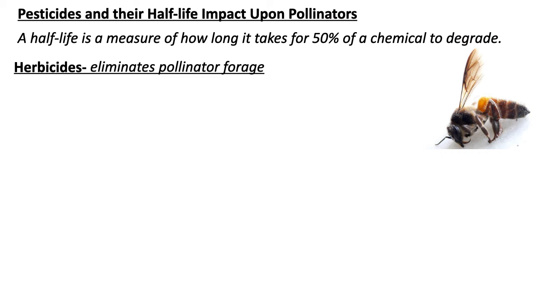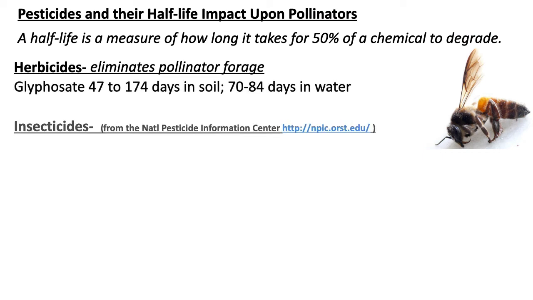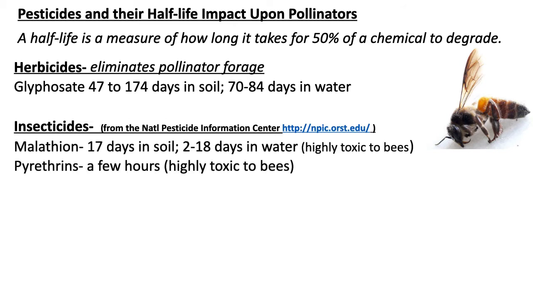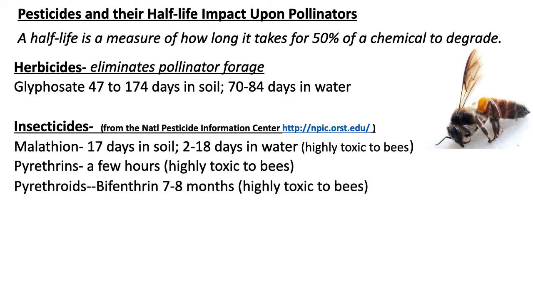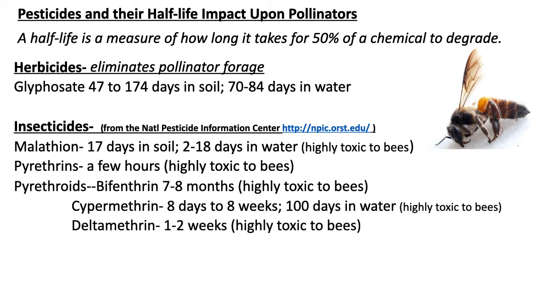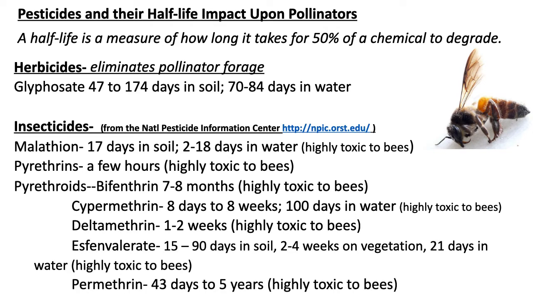When we spray a pesticide, we think it is done with that single spray. Per the pesticide label, these chemicals continue to kill long after the single application. The half-life of a pesticide is the amount of time it takes for 50% of the chemical to break down and degrade and become less effective. You can see from this list, pesticides continue to have an impact killing the green leafy plant or the insect long after the initial single application.